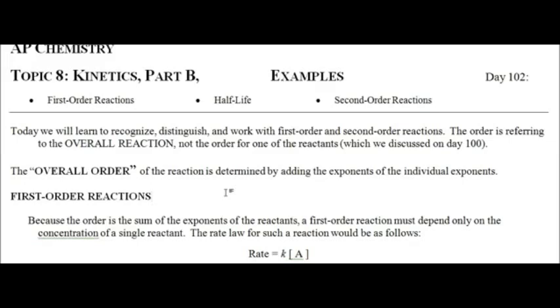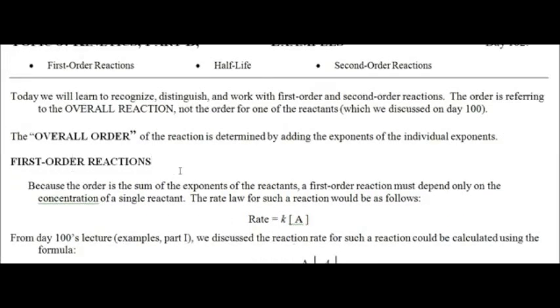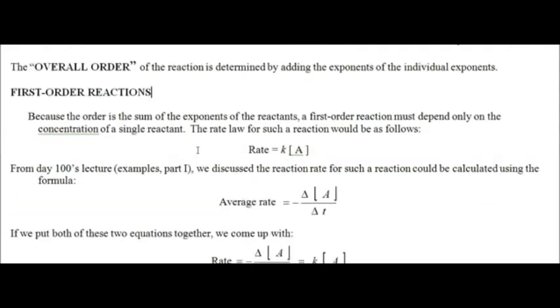So for an individual reactant, yes, you can only have 3 choices, or 3 choices that we care about for the AP exam. So when you are asked to determine the overall order for the reaction, add up all the orders. Alright, we talked about first order reactions or reactants the last time we spoke,